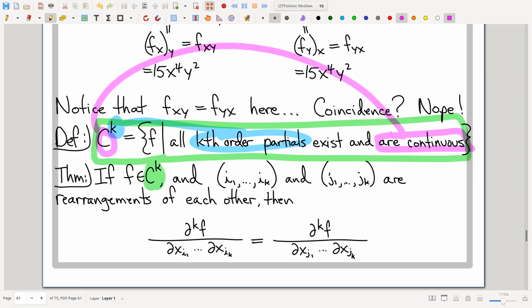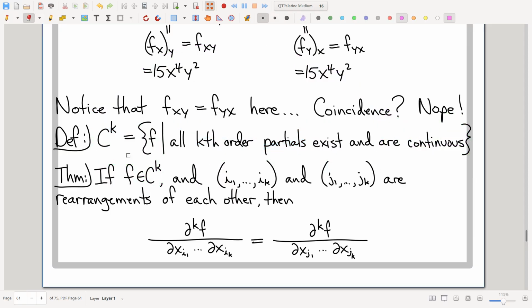It's just notation. It just says how many times you can be guaranteed to take partials and take it to the bank that those are continuous. Now there's a very reasonable complaint you could make here, which is: if I have to take all of the kth order partials and check that they're continuous, and I have to compute all these things anyway, I can directly observe when they are and aren't equal. So it seems like this is a dumb theorem. How could this possibly have value? The answer is actually very simple. You don't have to compute the kth order partials. You just have to know that they exist and are continuous.